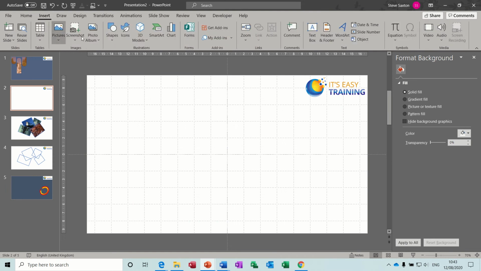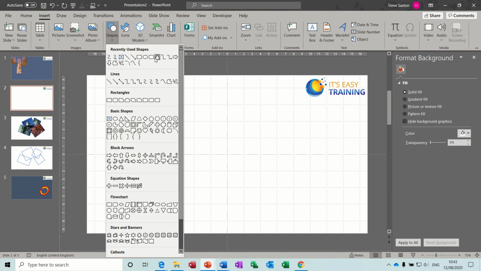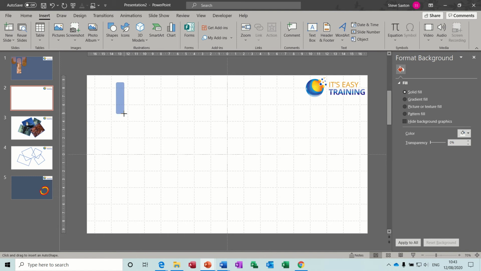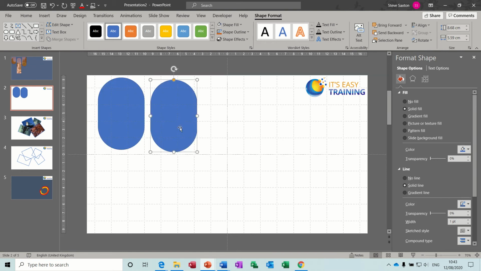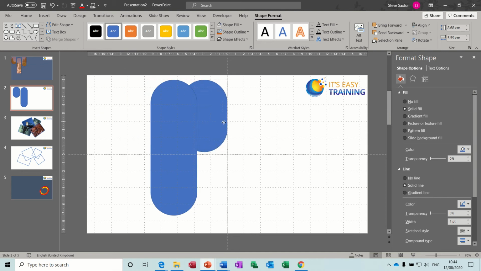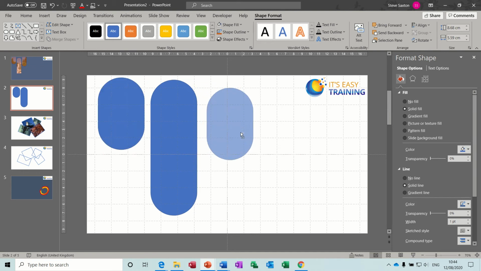So first off, we create some shapes, and the one I want is this one. So I'll just do a rectangular shape with edges and then just bring it into a circle like that. Make it a bit, yeah, that'll do. So then I'm copying that with the control key, so copy that one and just make it a little bit bigger, and then copy this one again, use my control key and just push it down a little bit like that. Now I've got these 3 shapes, so what I can do is if I hold